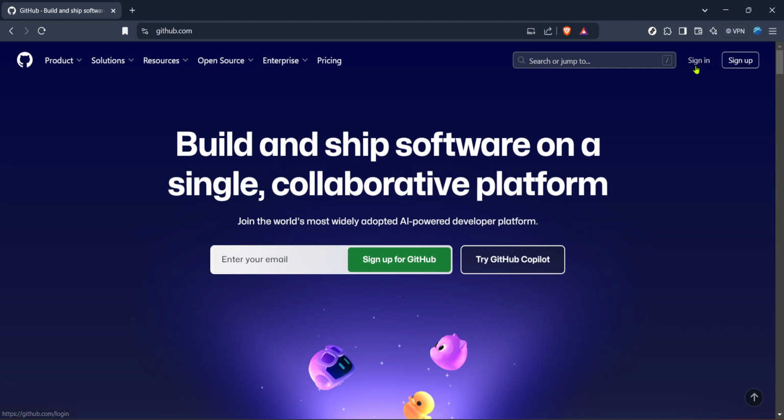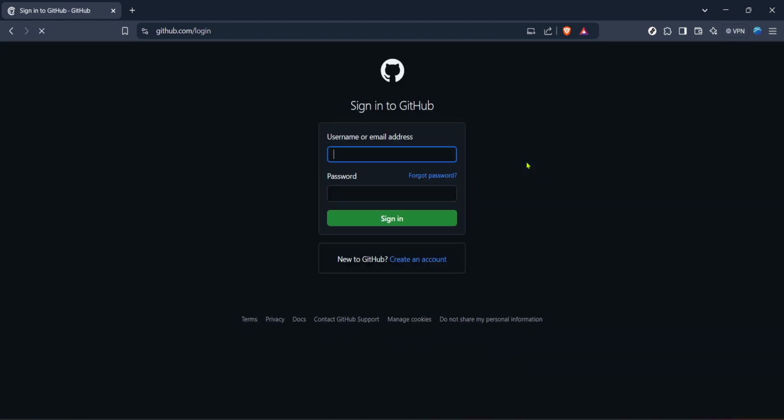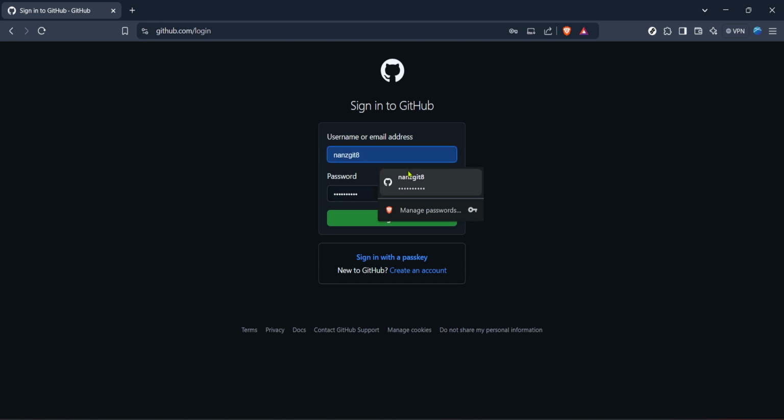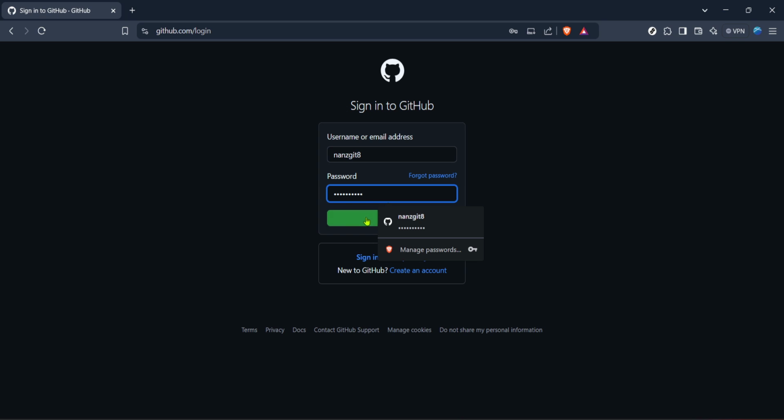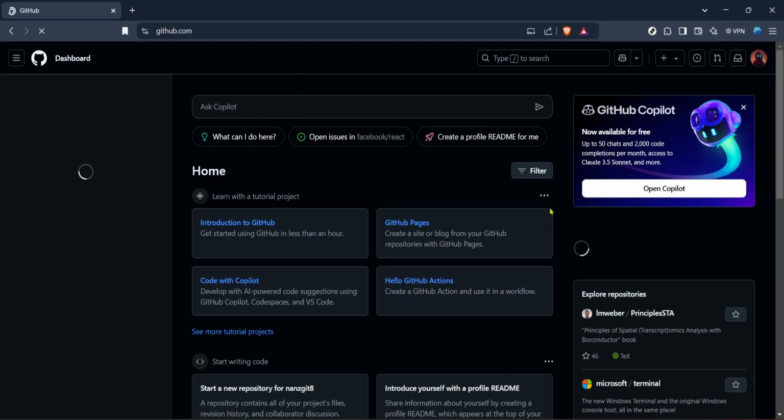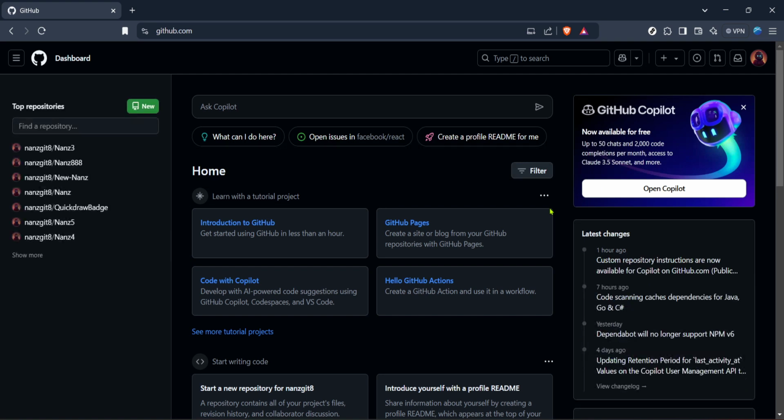First things first, open your preferred web browser and head over to GitHub. You can easily access GitHub's homepage by typing github.com into the address bar. Once you're there, you're going to want to sign in to your account. Look towards the top right of the screen, you'll find the sign in button right there, welcoming you to start the process. Once you've clicked sign in, you'll be prompted to enter your credentials, which typically include your username or